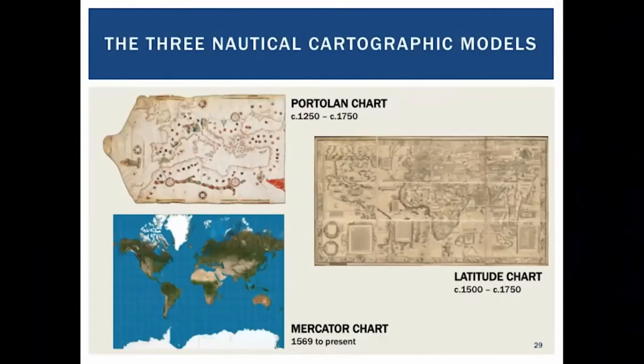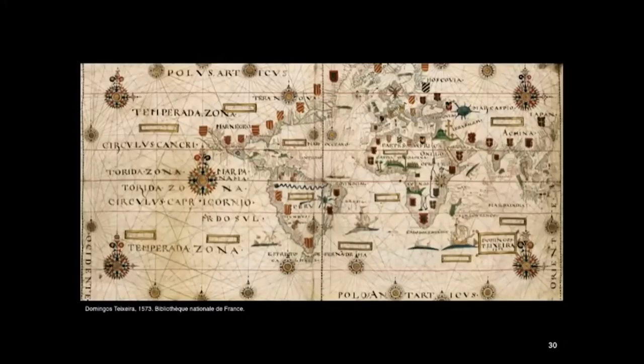Three different navigational cartographic models were developed throughout history. The Portolan chart based on magnetic courses and estimated distances, the latitude chart based on magnetic courses and latitudes, and the Mercator chart based on geographical coordinates and true rhumb line directions. Not only these three models were designed to support specific and distinct navigational methods, but also they were mutually incompatible. We know